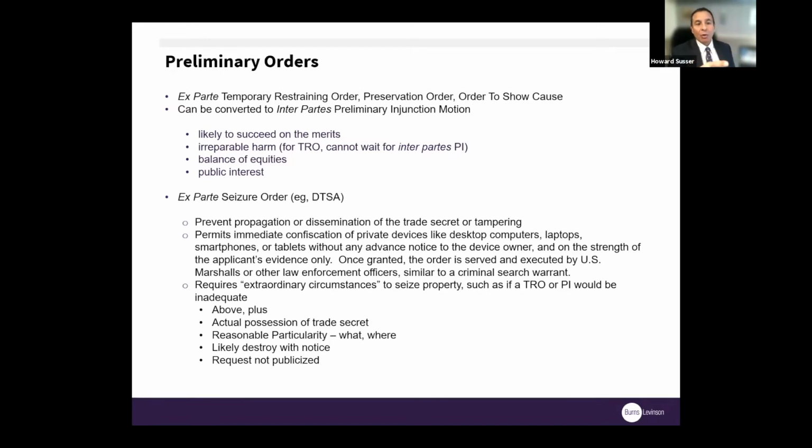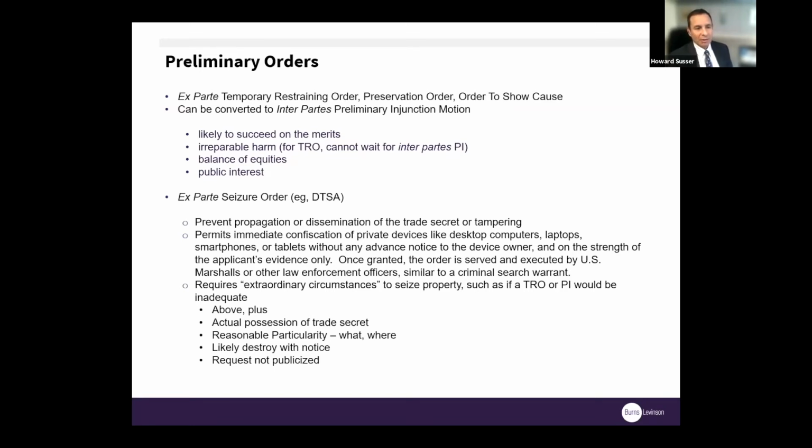And in a TRO, you have to argue that you can't even wait for them to show up. It has to be immediate, because the risk of damage is so great. The court has to balance the equities and then consider whatever public interest might be involved. A very powerful